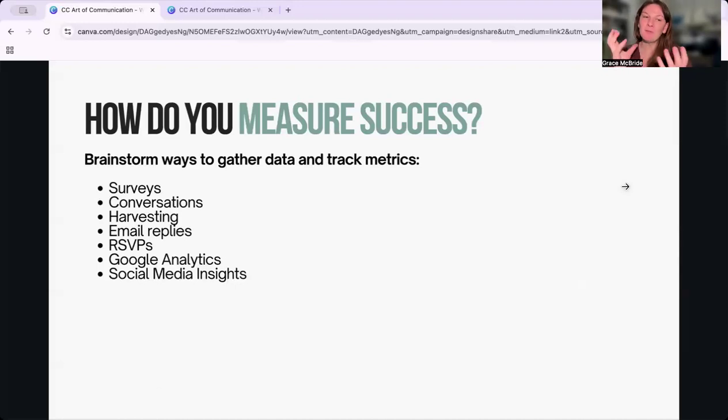Now, there are some platforms and some communication methods that will track this for you. So, if you put Google Analytics on your website, you can start to track how many people are coming to your website and from where. If you have social media accounts, so a Facebook account or an Instagram account, there are insights built into those where you can see your audience. And even if you don't click into your analytics, you can see it for yourself. Well, this post on this day got 5 comments, and this post the next day got none. So what was it about this post that really got people engaging?